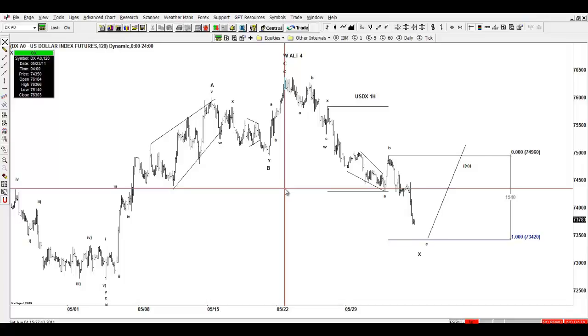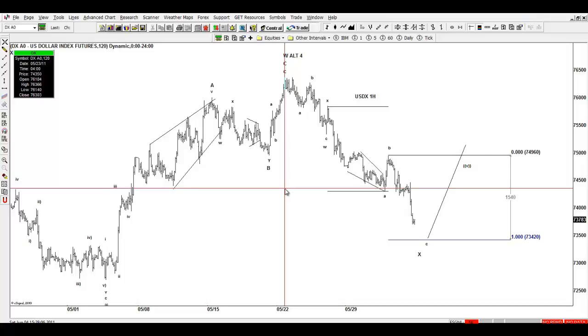Technically, at the time of the non-farm payroll, we were forecasting that the dollar is going to get weak and then bounce back. The weakness on the dollar took place. The bounce hasn't. Now, the question that we have for this coming week is whether it will happen or not from current levels.